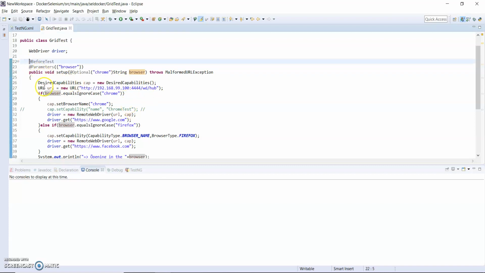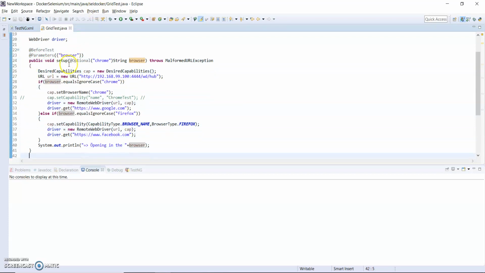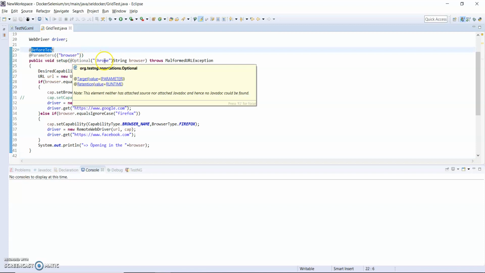What I have used here is a setup that passes a browser parameter, and there is a before test, and the optional value is Chrome.